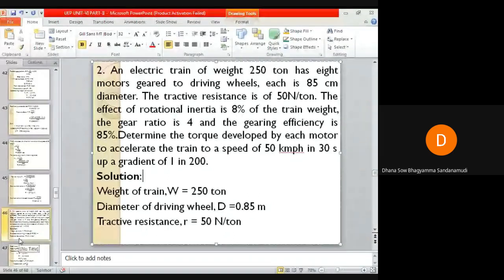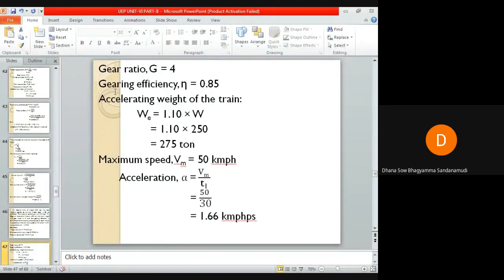Okay. Now gear ratio is 4. G is equal to 4. Okay, so I have used another notation here for gear ratio. In the previous problem, I used R as the notation. Notation is your wish. You can use any notation, so it doesn't matter. So I have assumed G is equal to 4 here.